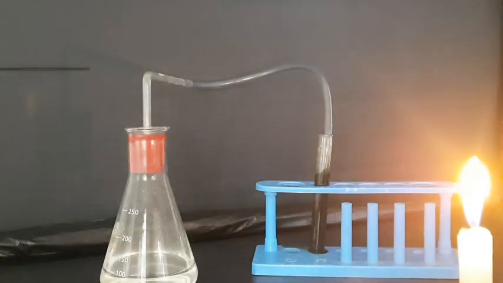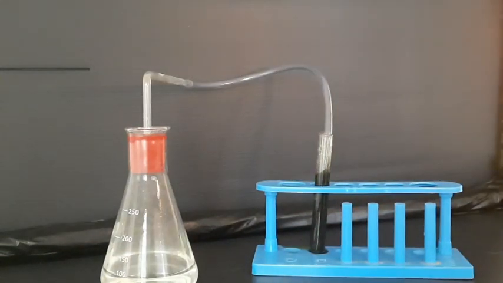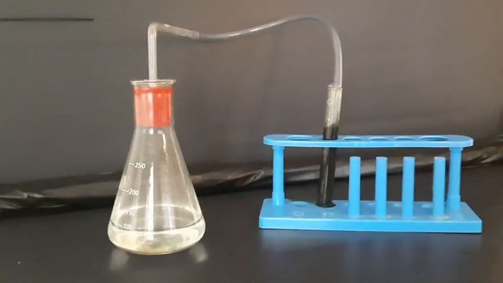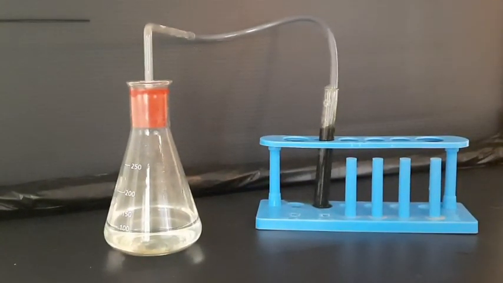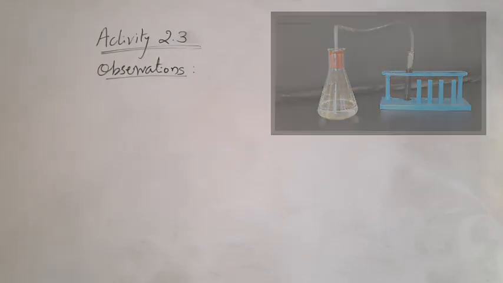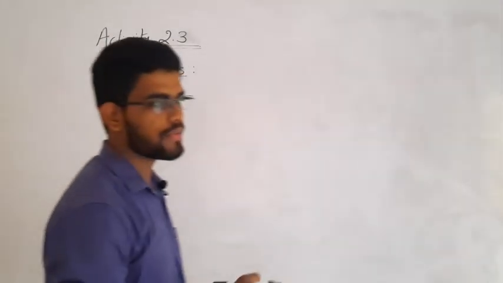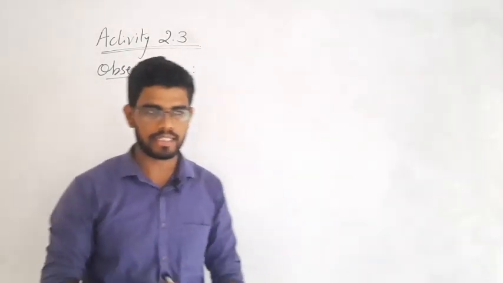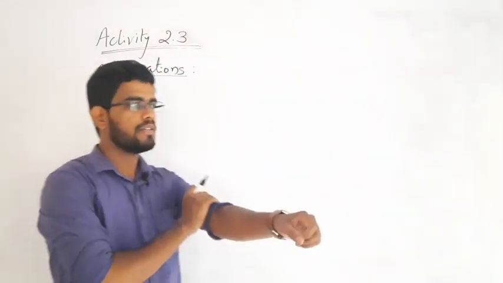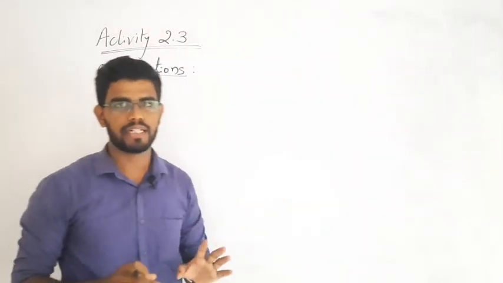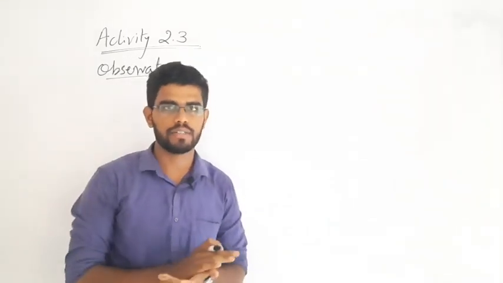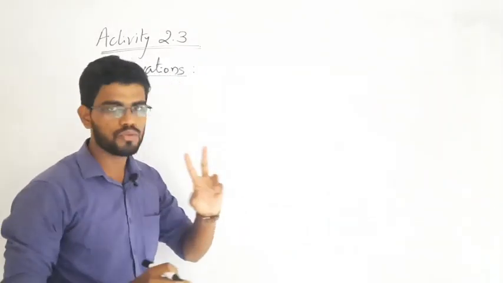So what was happening, which was the gas which evolved from the solution, and why was it burning, and other things we need to confirm. So let's go to understand the science behind it. Hi, so what we have seen in the activity now, in the experiment, is that when we react zinc metal with H2SO4, that is an acid, we have observed two things there.